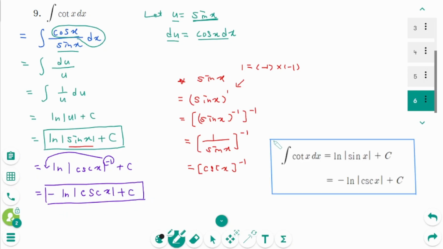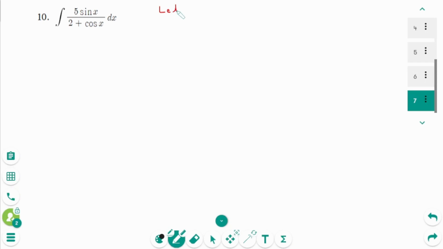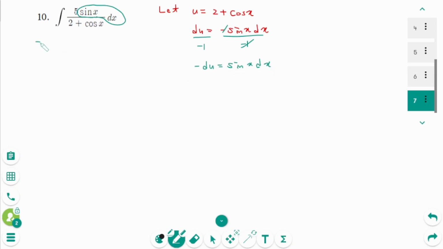Now we have a formula. Please remember this. Number 10, let u equal 2 plus cosine x, du equals minus sine x dx. There is only sine x dx, then divide by -1 on each side, minus du equals sine x dx. Now replace all x with u, the integral of 5 over here, then sine x dx is minus du